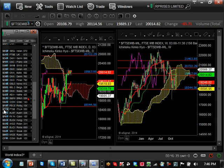Italy here, if you look at Italy, this is a nice bullish trend. It got to the support. Remember, we were talking about being long because it was holding the support here. So as long as the support held, basically we were bullish. It's looking good right now. We got to our resistance here, which is the first resistance that we had laid out. The second one is going to be basically